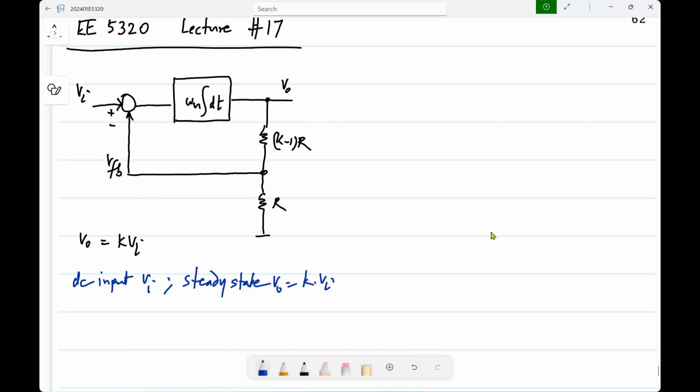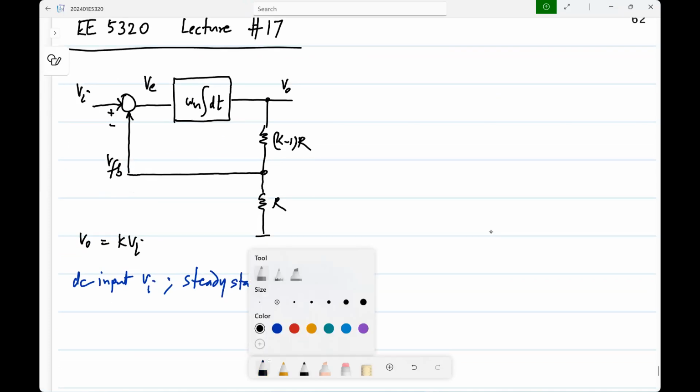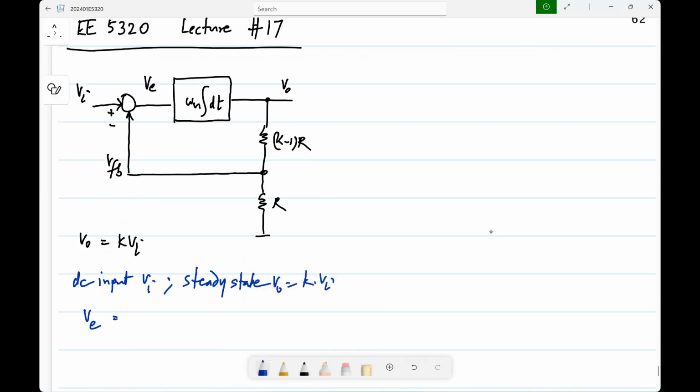And this error, what will it be in steady state? It's going to be 0. Okay. So this business of the negative feedback driving that error to 0, that error is the virtual short of the op amp. Okay. In any negative feedback system, that error is essentially equivalent to the virtual ground node or